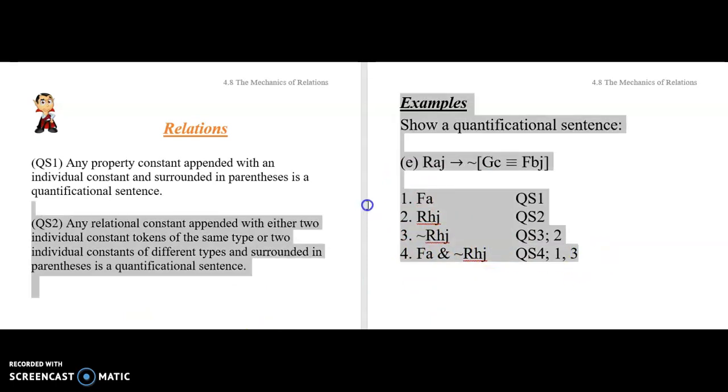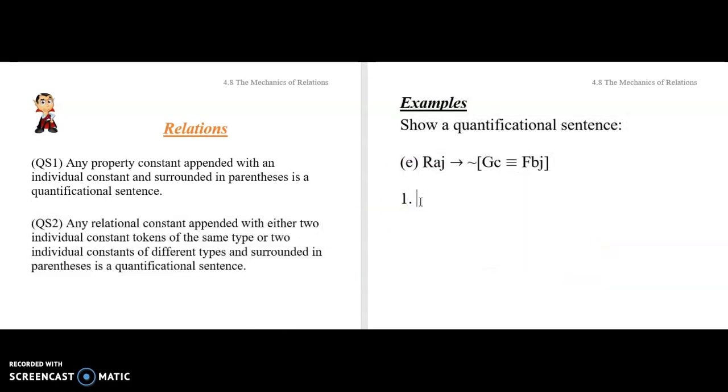All right, let's try this one. All right, let's try this guy right here. This is a little more sophisticated. Show that that's a quantificational sentence. All right, so we want to build everything up that we need, right? So first, let's go ahead and build this guy. That'll be